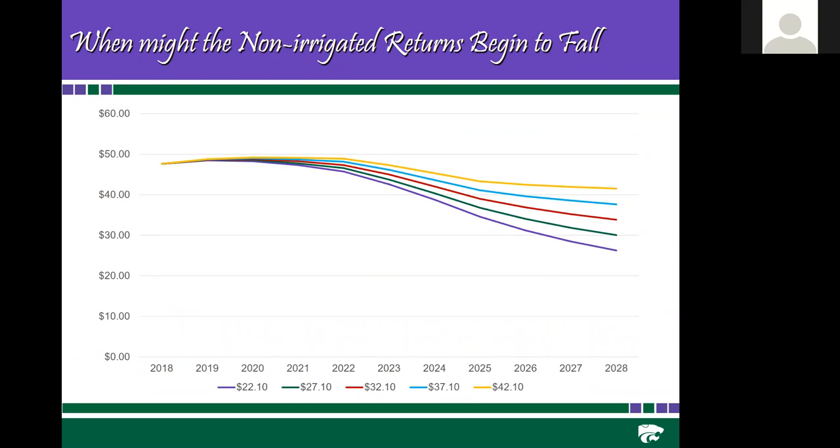And what I ended up doing is choosing different levels. For example, the purple number there, I'm assuming that the returns from 2017, 18, 19, 20 on remain at 2210, so we remain at that low level. Then I've increased that by $5, so I'm assuming a constant return at 2710. I'm assuming a constant return at 3210, a constant return at 3710, and then a constant return at 4210, which is kind of the average.